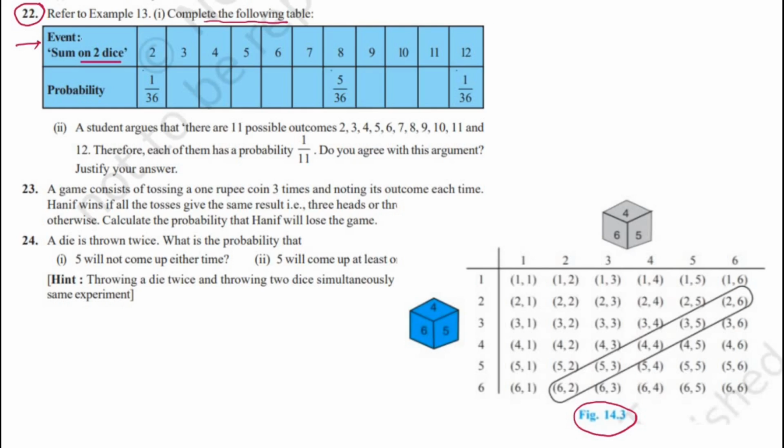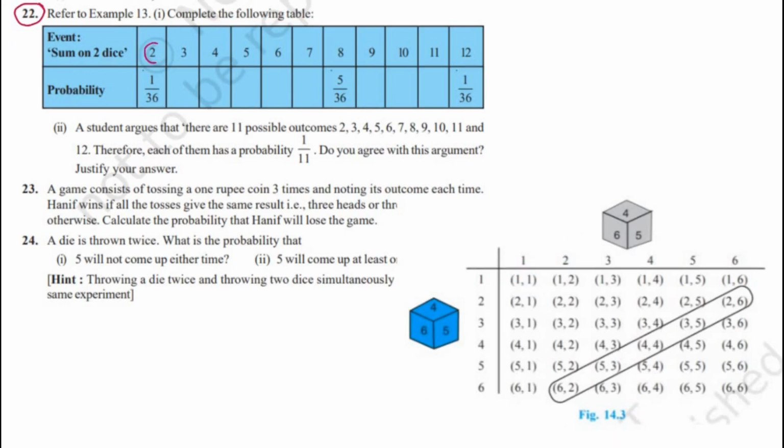So as an example, at some places they have written sum on the 2 dice is 2. Now look into this sample space for 2 dice which are thrown once, or a single die thrown or rolled twice. So this is a sample space of 36 total number of outcomes. So sum of the numbers on the 2 dice is 2. So how many such cases? That's only one case. 1 and 1, so 1 plus 1 is 2, so it is 1 out of the 36.